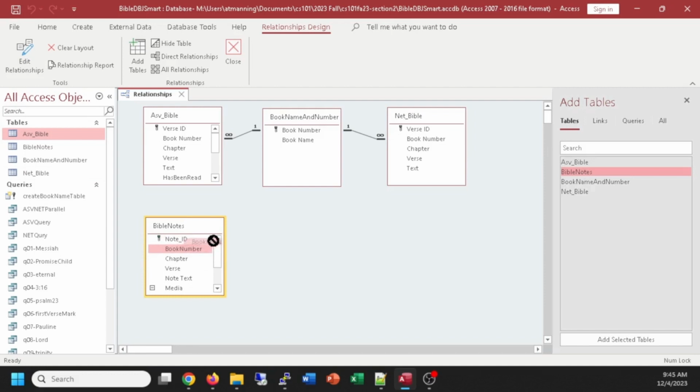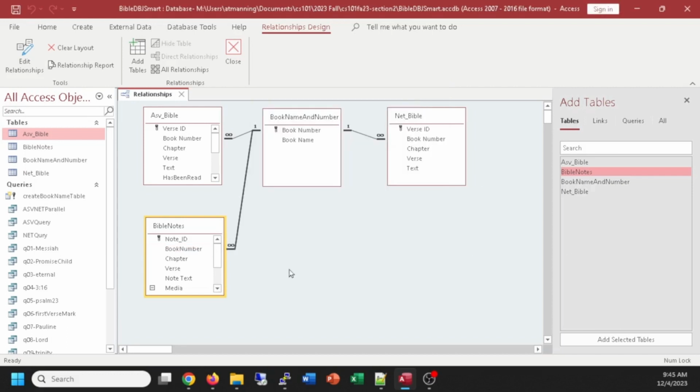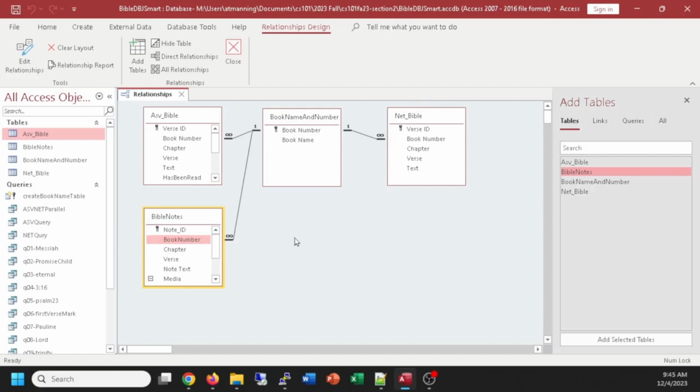drag book number from the Bible Notes table to the book number of my table that's keeping track of the name associated with my book. And I want to choose Enforce Referential Integrity. That means I don't ever refer to a non-existent book. And I click Create. Now I have that relationship that a book number is being referred to by Bible Notes. I'm making sure you don't accidentally type a book number that doesn't exist when you're creating a note. And then I can close, and now I have that relationship between my additional